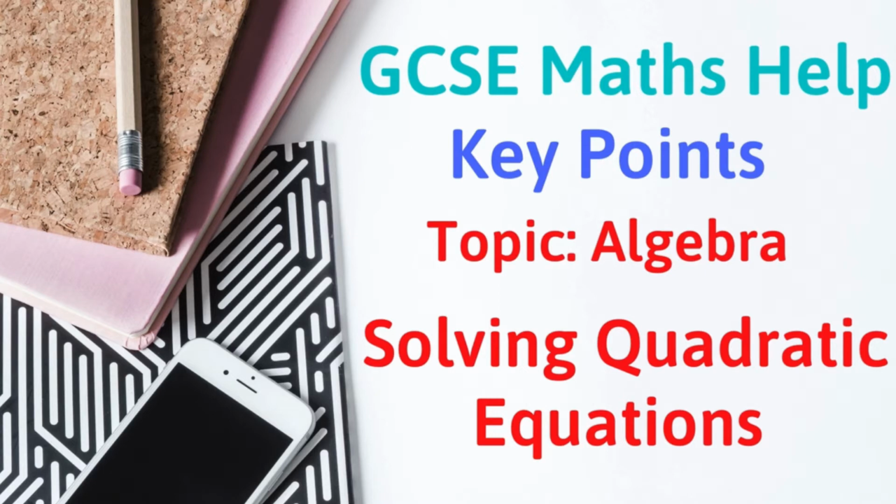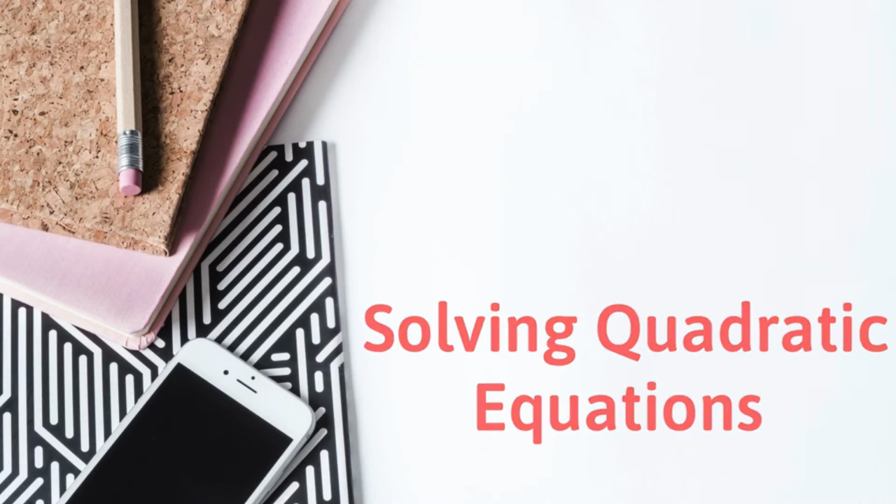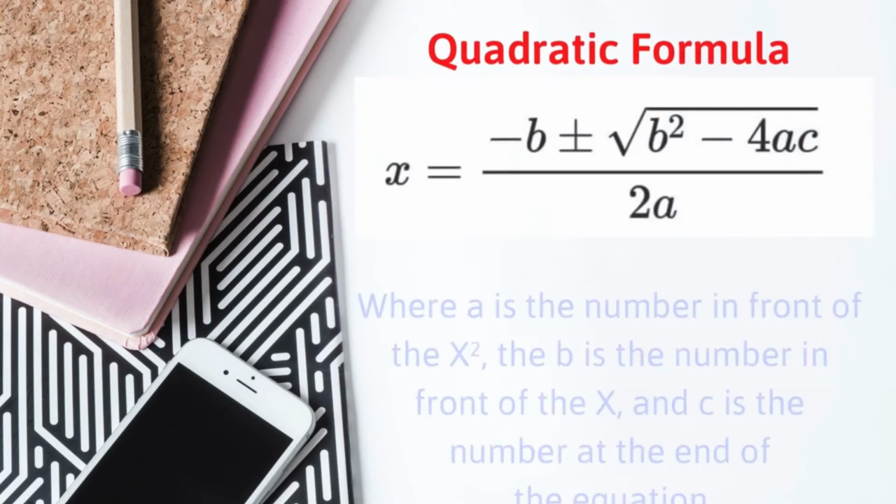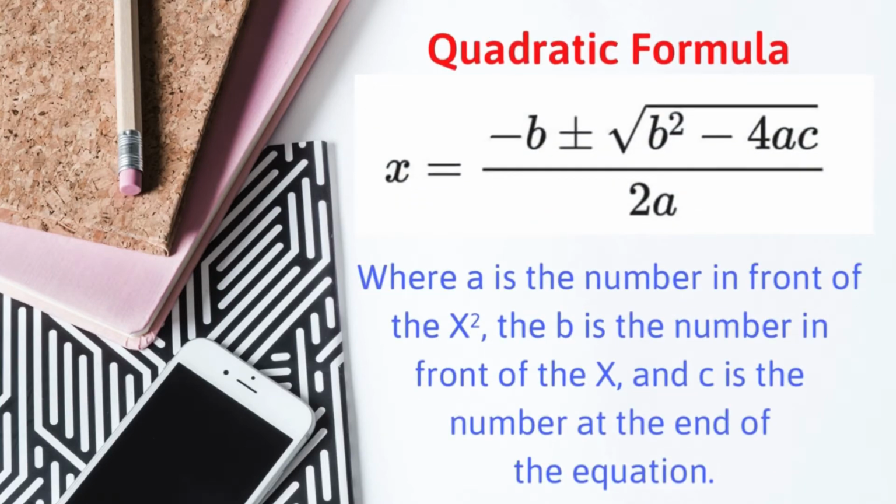Today we're going to be looking at solving quadratic equations using a graph, the formula and by completing the square, and the key points you need to know for your exam. Let's get started. In a previous video I talked about solving quadratic equations using the factorisation method, but there are other ways to solve quadratic equations as well. We can use the formula, we can read the coordinates off a graph, or we could use a method called completing the square. The quadratic formula is minus b plus or minus the square root of b squared minus 4ac